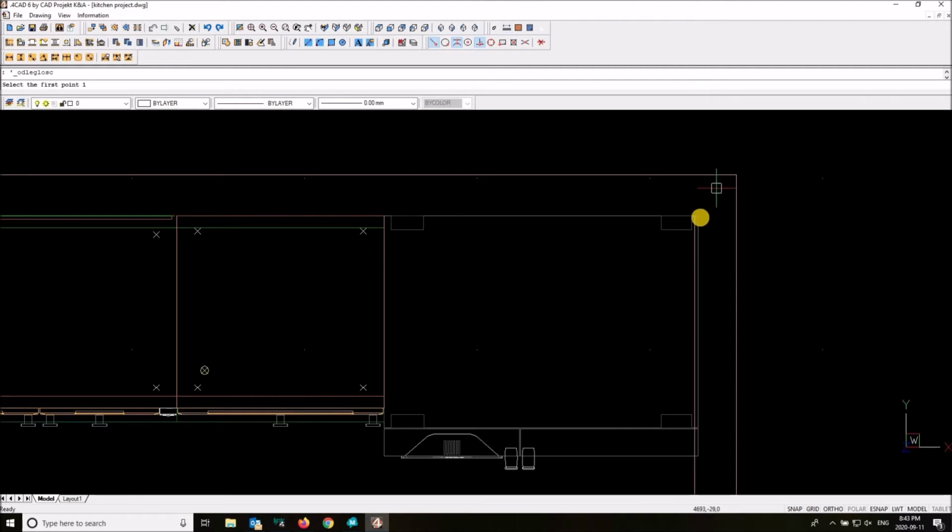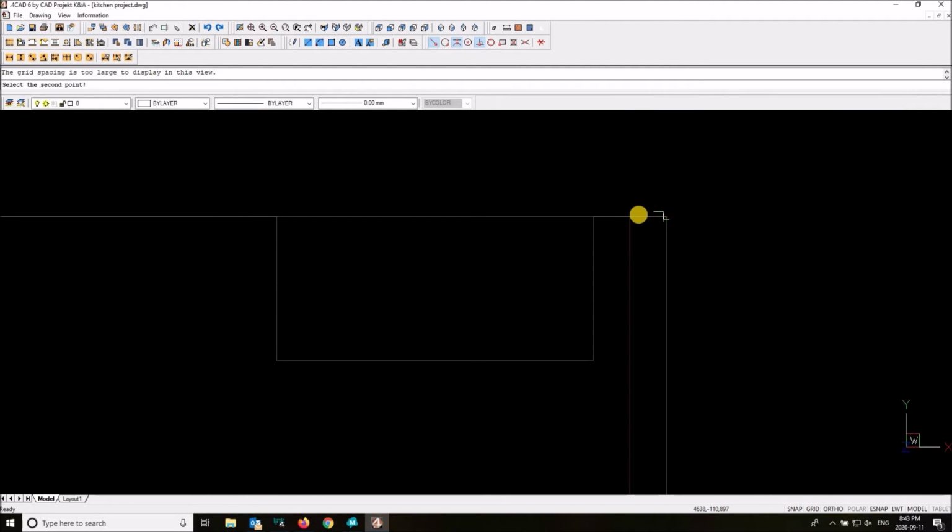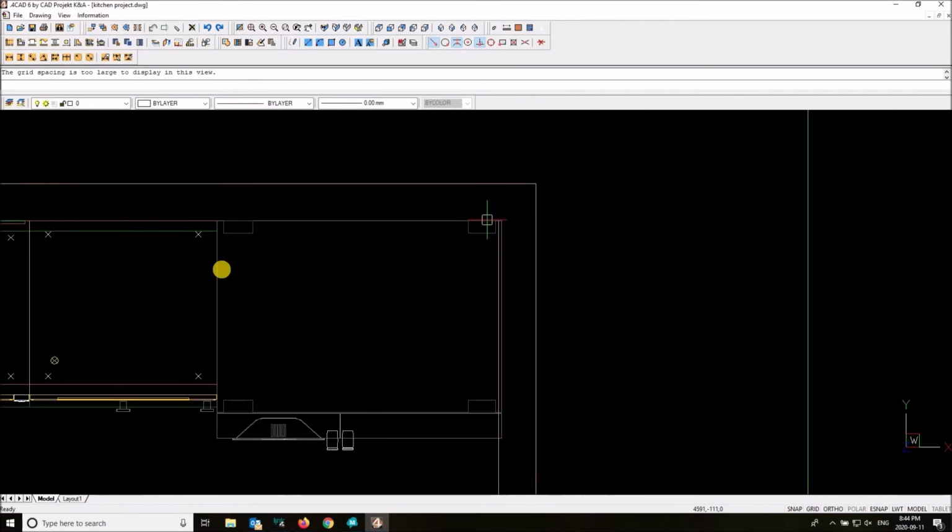We can check how much space we need by using the measuring tool right here. So just click on it, then select the first point to measure to the second point, and here it's going to show us what the difference is. There's 10 millimeters of difference in the x-axis, which is right to left, y, of course, top to bottom, and z is the height. So we're looking at the x. We want to know from this point to this point. This is 10 millimeters. So what we can do, just zoom out,